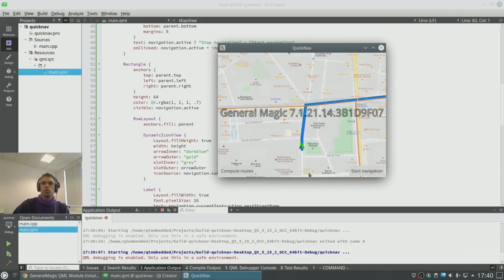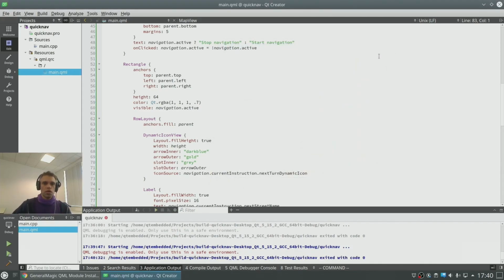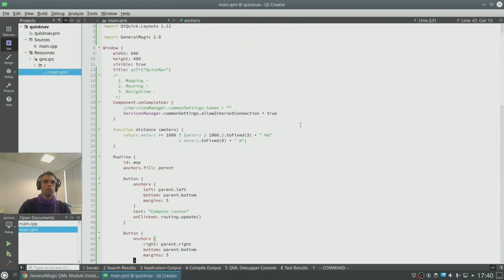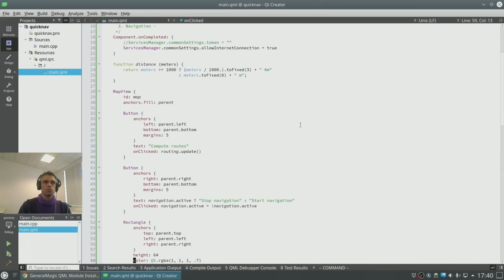Now, we see that compute routes and start navigation are both active all the time. While we're navigating, we want this button to not be enabled, and while we don't have a route computed, we don't want this button to be enabled. So let's do that. We go up to Map View to our buttons.